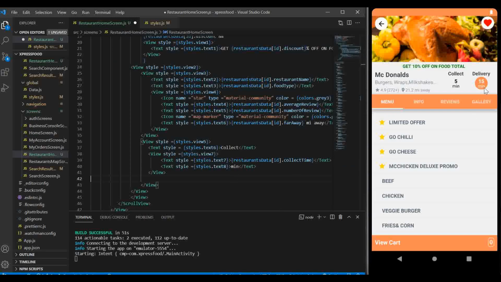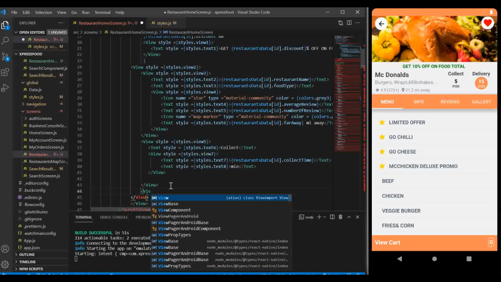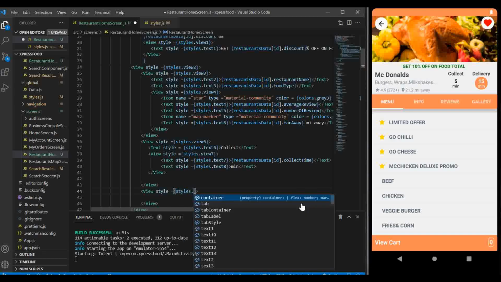Now we have also to create this part, and this will be the same procedure. It's gonna be the same procedure. Instead of me repeating typing all that, I'm going to copy this. Okay, fine, let's quickly type it. It's not gonna take so long. It's gonna be view, open a view and pass to it a star, and here we're gonna pass the stars of view8,